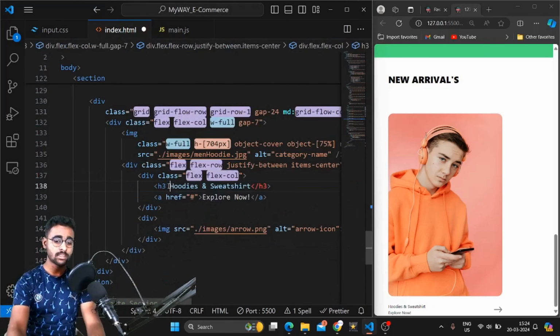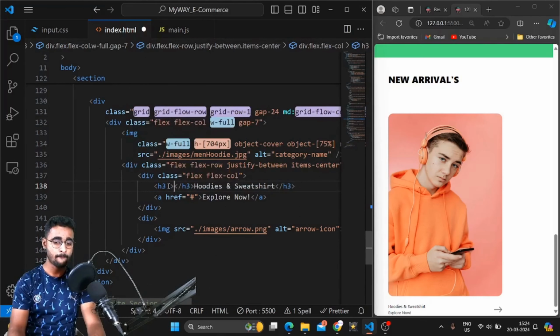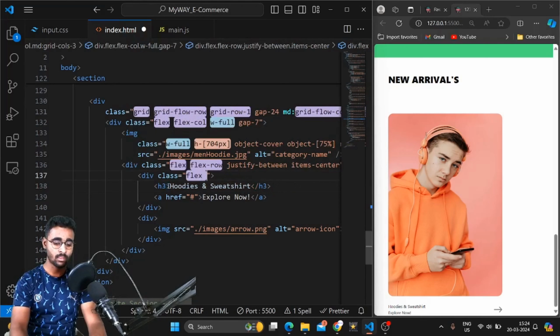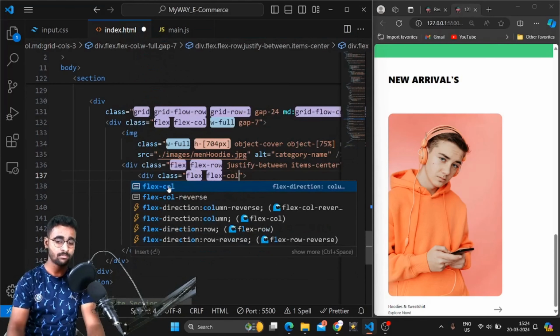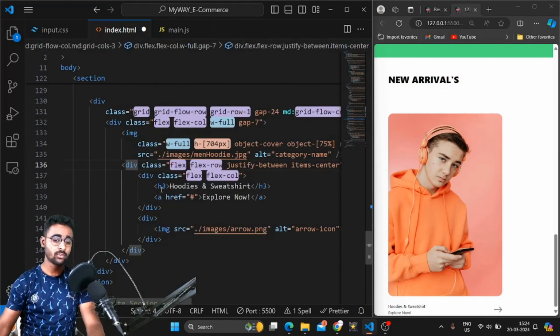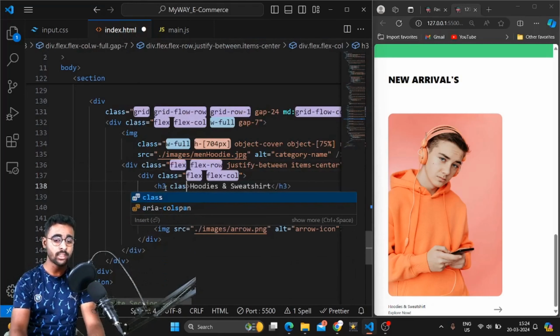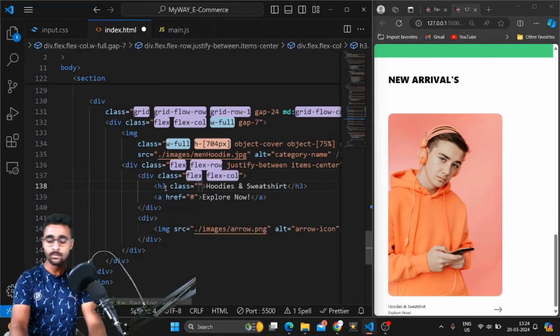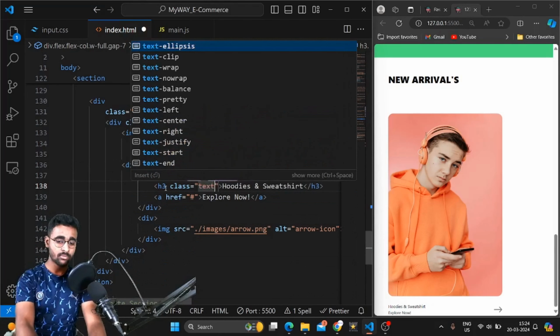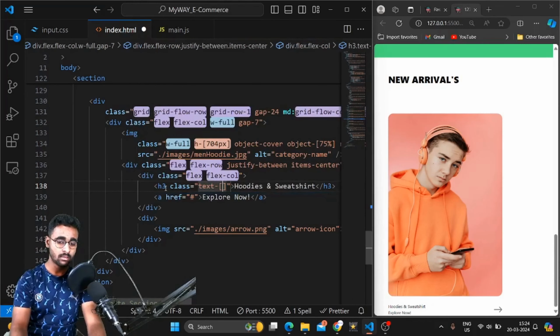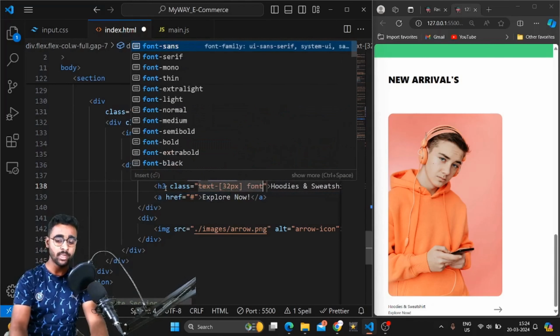So the h3 styling will be of flex column. Now coming to the h3, let's apply some styling to it as well. The class will be text of 32 pixels, font will be medium,